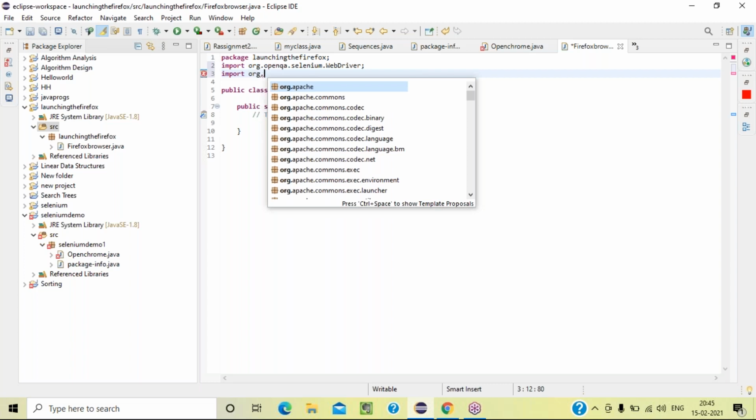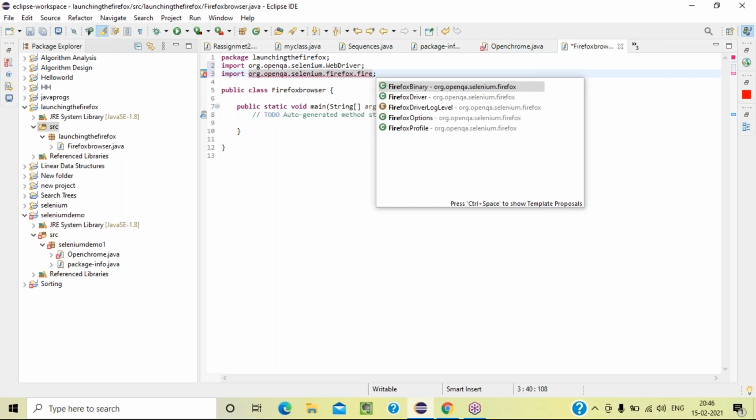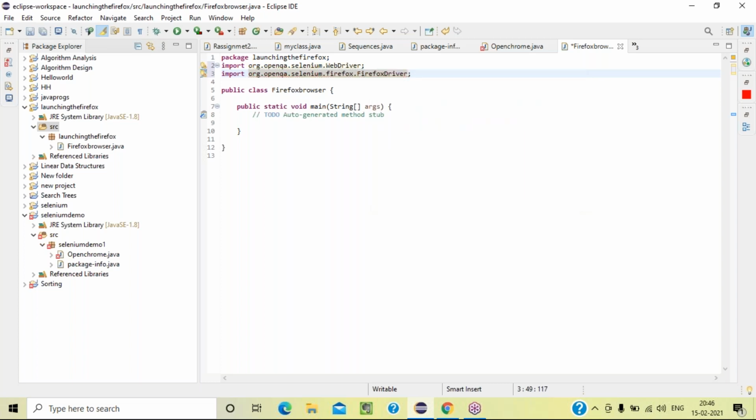So what we need to do now, we are launching the Firefox, right? Selenium dot firefox dot FirefoxDriver, right? Write selenium, then firefox with two letters, Control space. Yes, FirefoxDriver down below. See, I'm writing only two letters. Always make sure that it should be yellow. Why? Because it's a warning message: you are not using it yet, but you are writing it. If it is a red line, make sure that it is correct. To find out why it is getting the red line, you need to check whether the small letters or capital letters are right. So these two lines are very, very important.